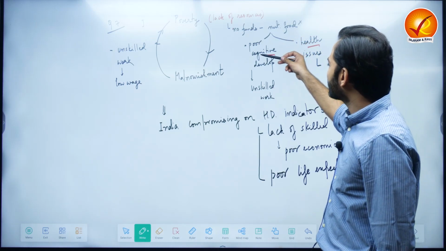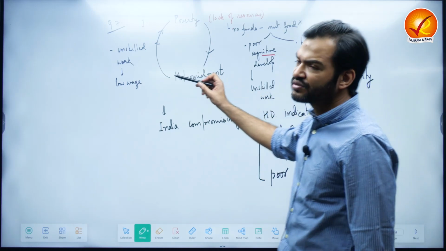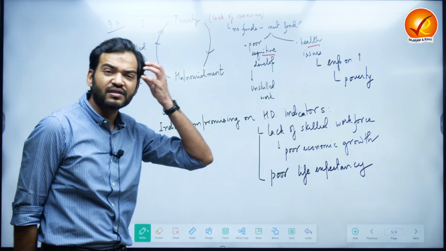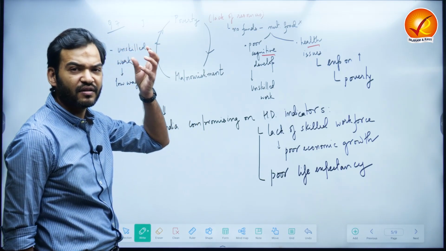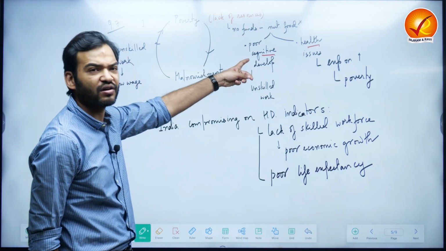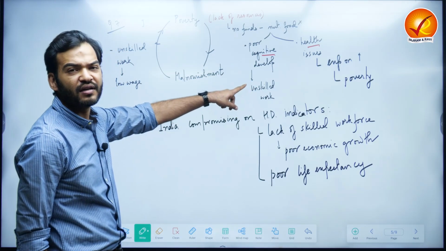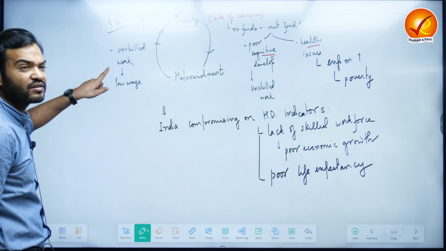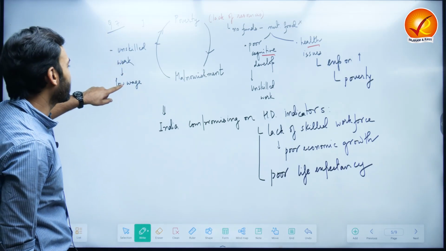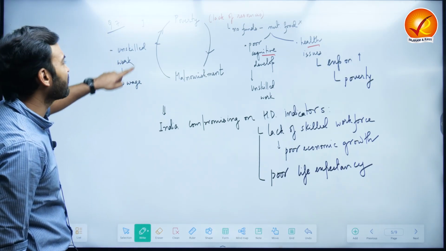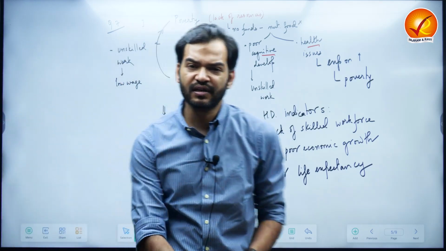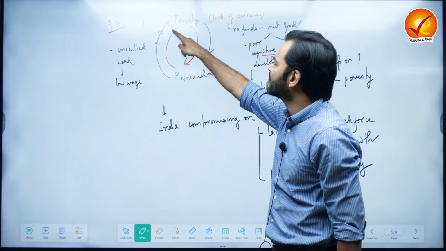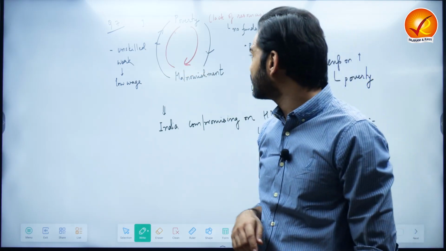And if they will not develop cognitive skills, they will always do unskilled work, because nutrients are required for the development of the brain. If the brain will not develop, poor cognitive skills will result in making them unskilled. If they will remain unskilled, they will always do informal, low paying work. And if they will do low paying work, they will always suffer from poverty. So you have to explain this vicious cycle, how poverty leads to malnourishment and malnourishment leads to poverty.